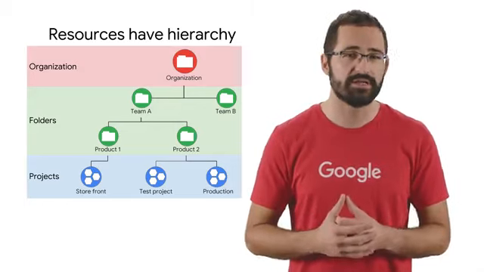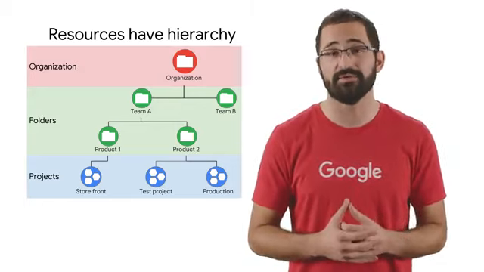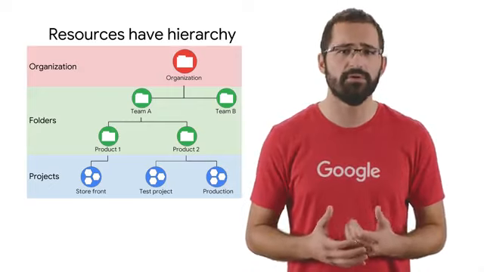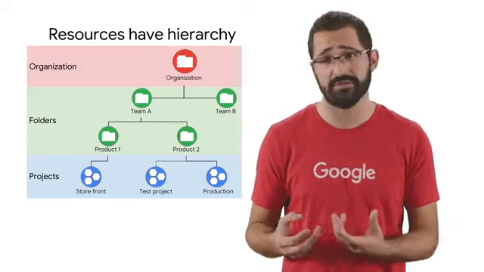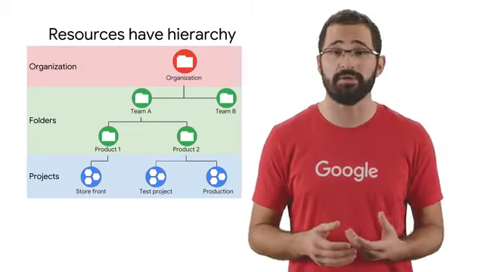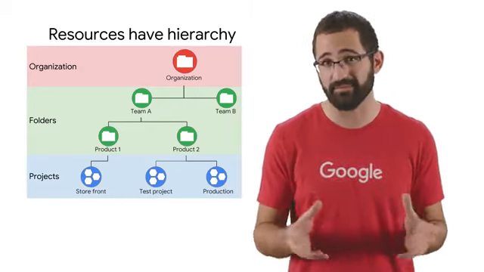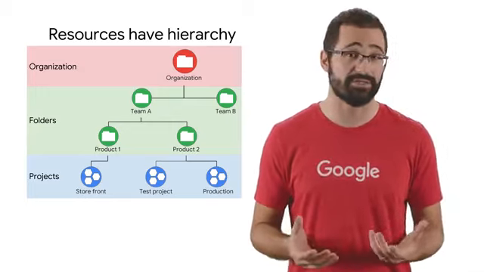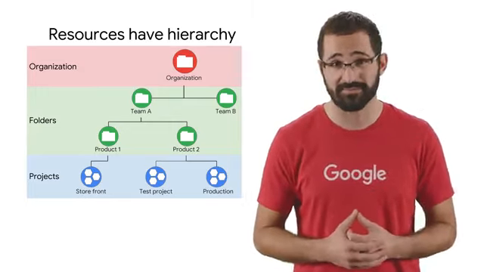An organization is the root node of a GCP resource hierarchy. Although you're not required to have an organization to use GCP, organizations are very, very useful. Organizations let you set policies that apply throughout your entire enterprise. Also, having an organization is required for you to use folders. If you're already a G Suite customer, you have an organization already. And if not, you can get one for free through Google Cloud Identity. Your organization will have a fixed organization ID and a changeable display name.